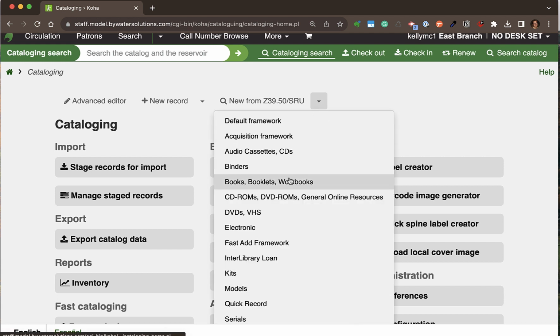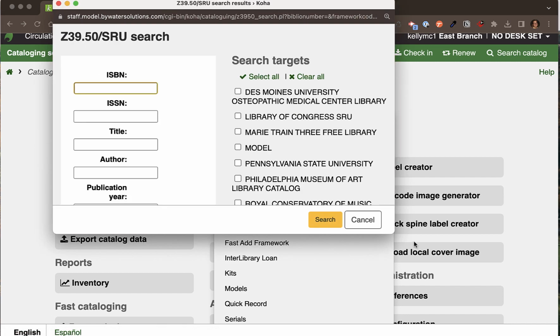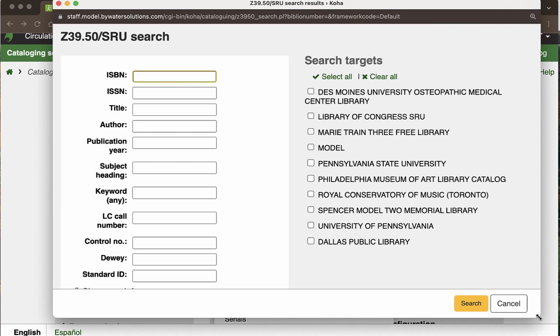Koha has what's known as frameworks. So frameworks are going to build that template that librarians know and love so well, determining what MARC fields and subfields are going to show up in my cataloging editor, as well as making things important and required. If I click that new from Z39.50, I have the ability to see the targets that I have listed